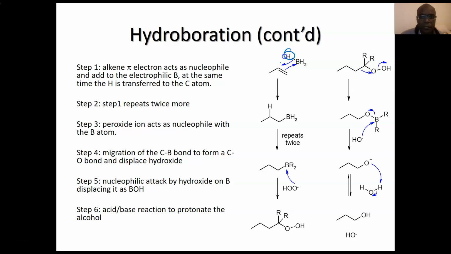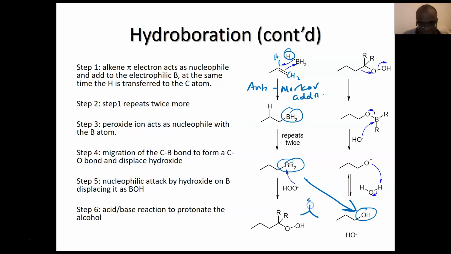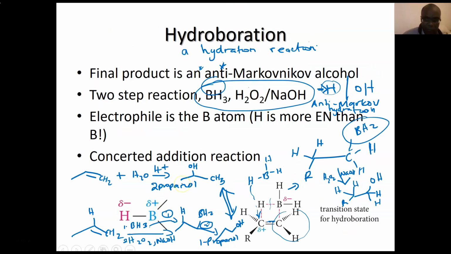So that's what's shown on here. This hydrogen goes where there's less. The BH2 goes where there's more hydrogens. That's anti-Markovnikov addition. And then you keep on repeating until these hydrogens are replaced by R group. But at the end, you add your peroxide. So don't worry about all this mechanism. Just know once you have this group, that's going to be switched with an OH at the end. That's the shortcut I want you to know. So instead of having this product, you'll have this product. That's the anti-Markovnikov. I won't ask you about the mechanism. Just remember the